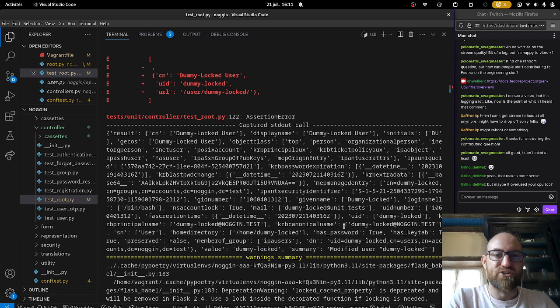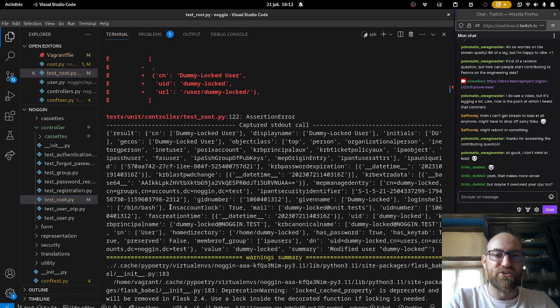Is there a lock notice in there? Of course, it's written locked everywhere, so that doesn't help, but wait.